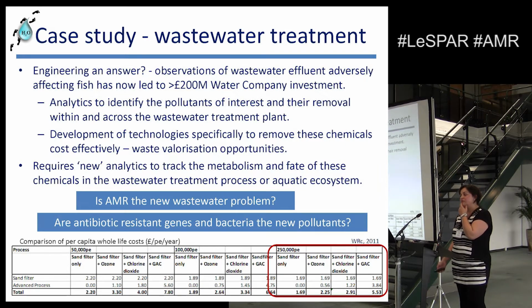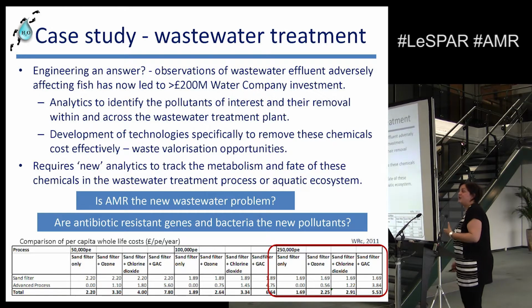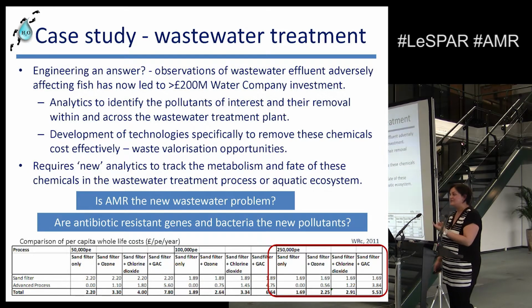So this has meant, if you look back, a lot of changes. The analytics that was being done even 10 years ago was not telling us the full story. So what we've had to do is look at newer analytics to track metabolism, because we excrete them as conjugates. They might or might not be deconjugated depending on what the conjugate group is. You've then got all sorts of funny metabolites going on. It's great fun. And you've got partitioning between different levels. It's a really interesting thing to try and work out what's happening to them. And how does that impact antimicrobial resistance? If you have conjugates, is that going to be a driving force?